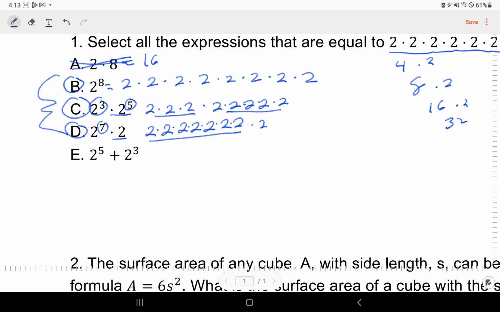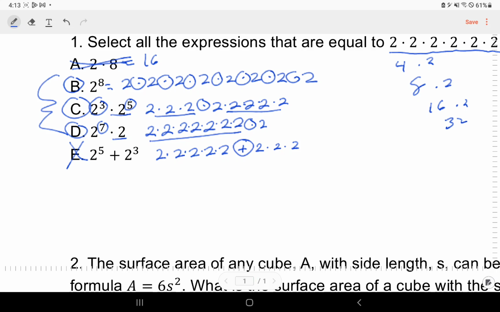Well, this is 5 2's. And this is 3 2's. And we're adding. Well, here we were multiplying. And so that's the difference. That's adding. So that doesn't work, because